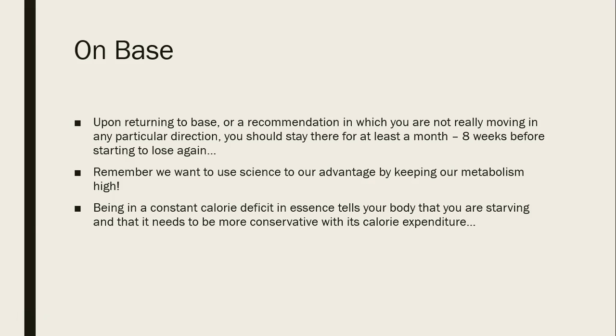None of this is pulled out of the air, right? None of this got pulled out of my ass. All of this is based on nutritional science and how your body works and how it responds to being in a deficit or in a surplus of calories, and the ratios of those calories, et cetera, right? And so, like I said before, that constant or chronic deficit range will always tell your body